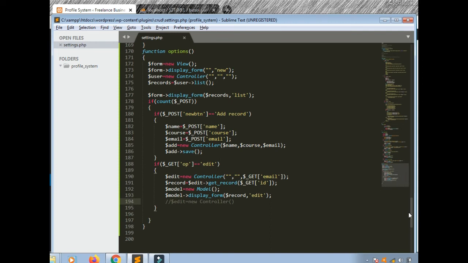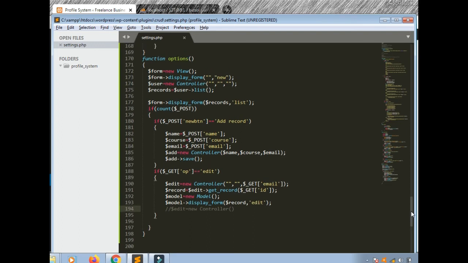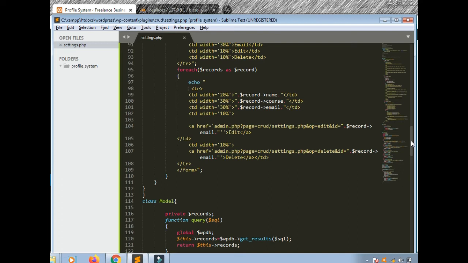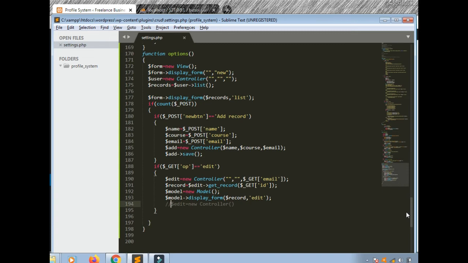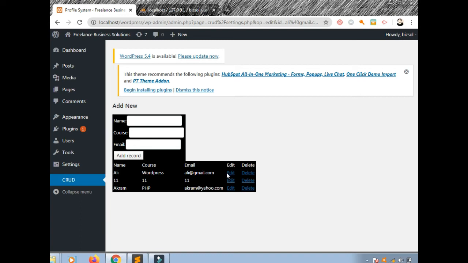Okay, let's see the $record. $record is $edit get record, controller get email, op is equal to edit. Op is equal to edit, id is equal to this. We should pass the id. We should pass controller, this is get id. Okay, save it. Now see,